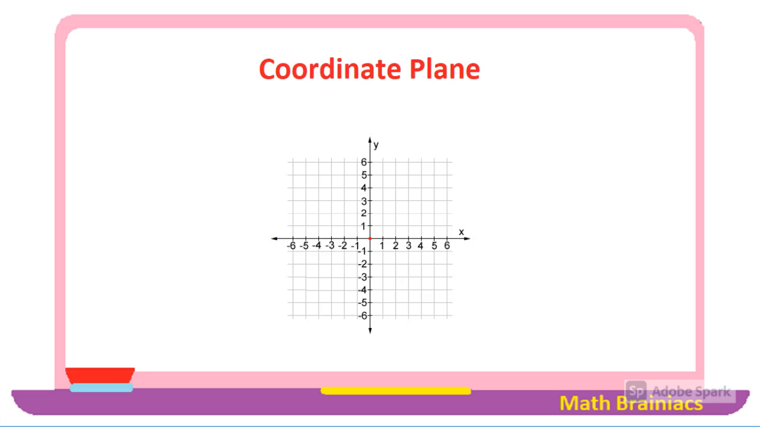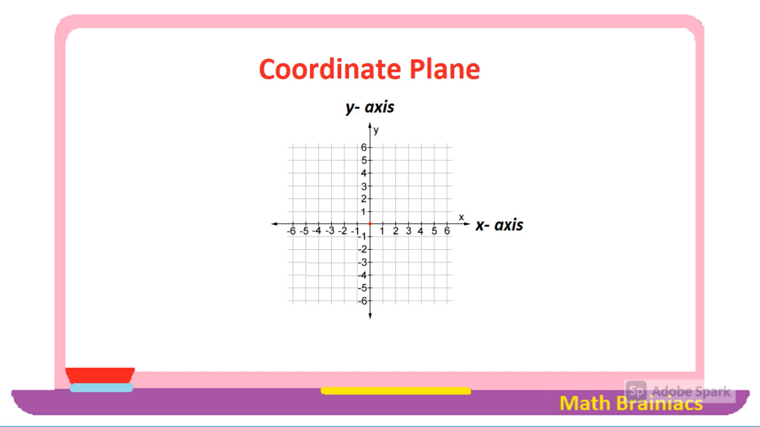Let us recall what is a coordinate plane. A coordinate plane is a two-dimensional plane formed by the intersection of the vertical line, which is called the y-axis, and the horizontal line, which is called the x-axis. I want you to take a look at the coordinate plane. The vertical line is the y-axis, and the horizontal line is the x-axis. Don't forget that. The intersection of the x-axis and the y-axis is called the origin,